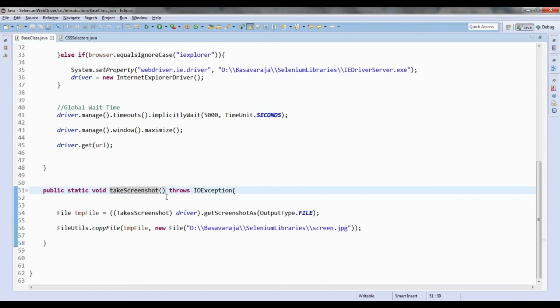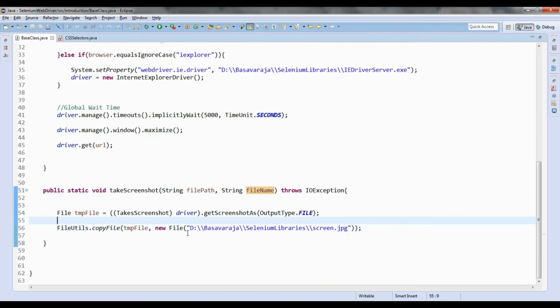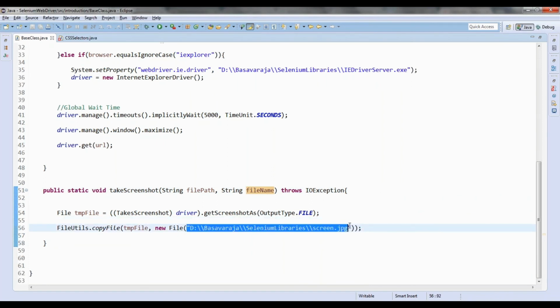So I can create String path, comma, String fileName. Then in place of this, you will be doing file path plus file name, concatenating that and providing it here.